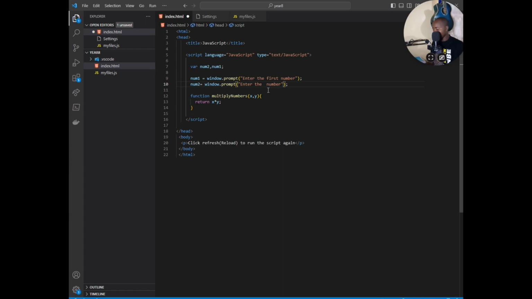enter the second number. So there's something I'm forgetting here, which is I can add a default value that should be displayed. So let's see. So let me just put 2 there. Then